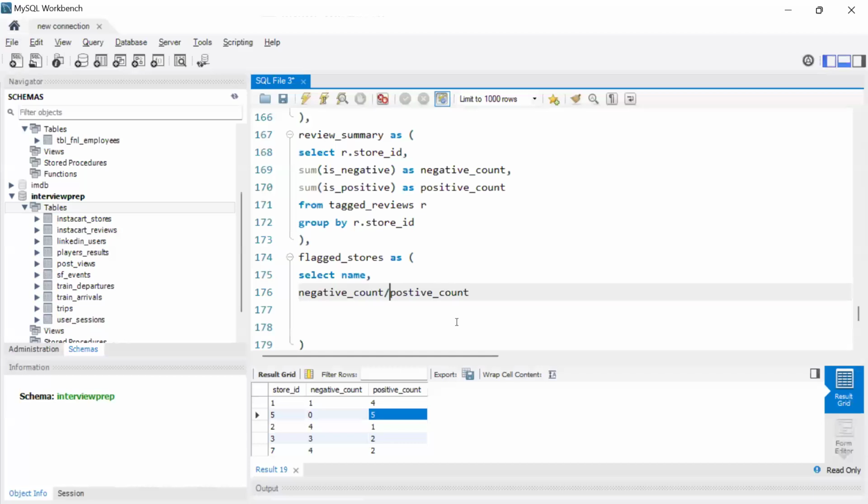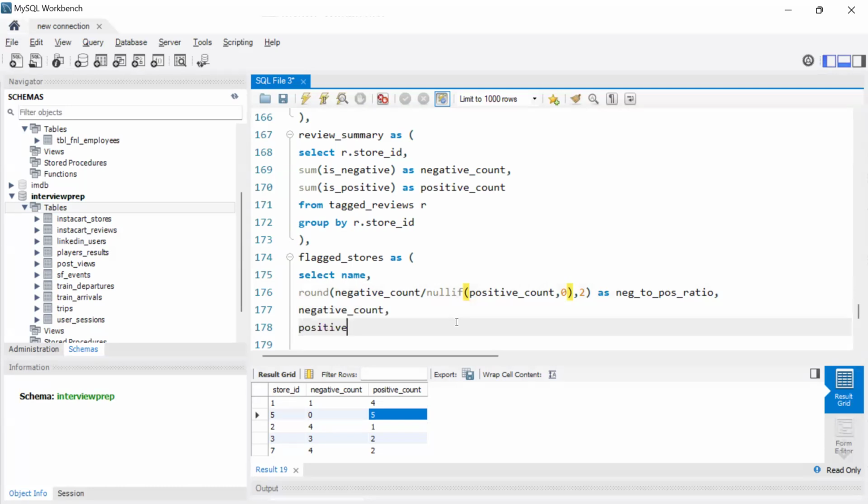So I make sure that I apply a NULLIF on positive count, comma 0, and I'll round it off as negative to positive ratio, negative count, positive count